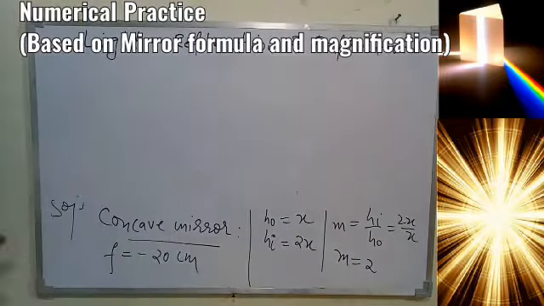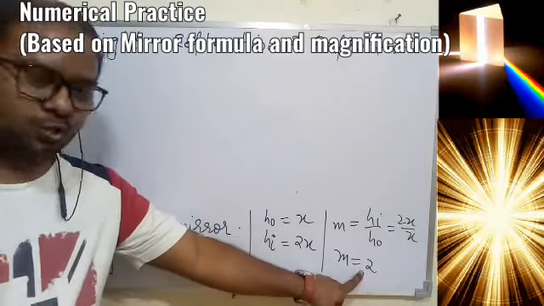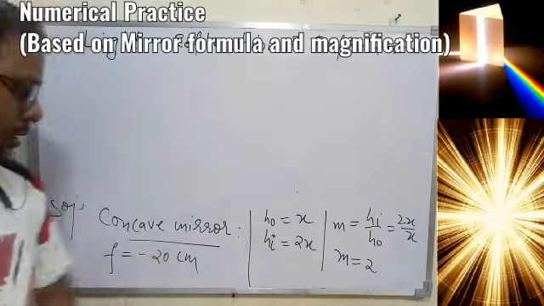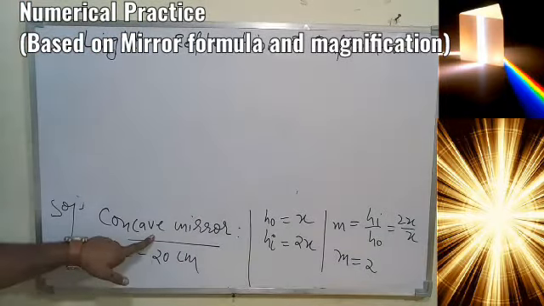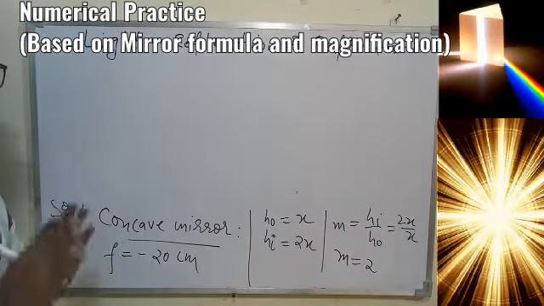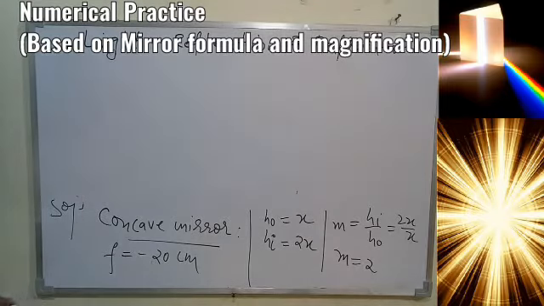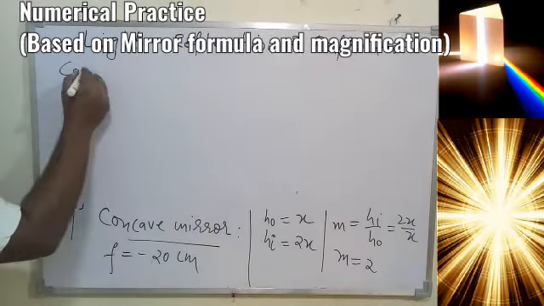Even from the previous numerical it is different. So again I am repeating, since the magnification is 2 means image is magnified by a concave mirror, magnified image can be real, can be virtual also. So since it is not written anywhere if the image is real or virtual, we have to take both the cases one by one, simple. So let's take case 1.